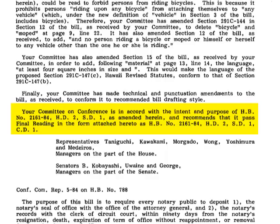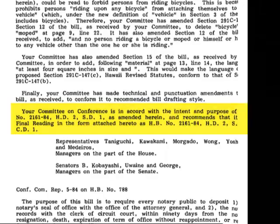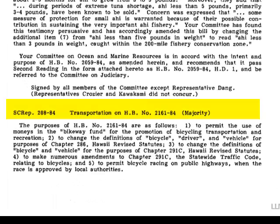HD means House Draft number 2, and SD 1 is Senate Draft Number 1, and this became Conference Draft Number 1. Now we'll continue in the committee section of the House Journal, and we'll find Standing Committee Report number 208-84, which